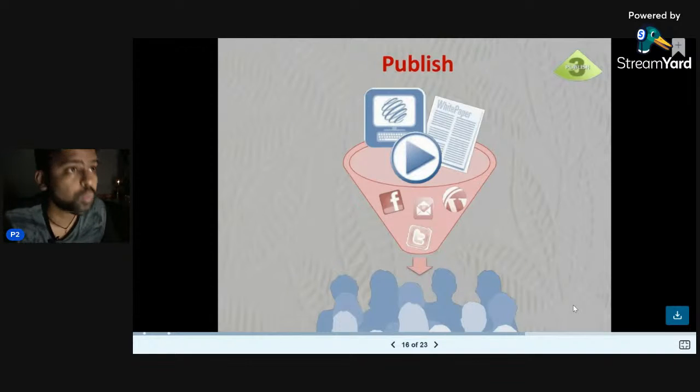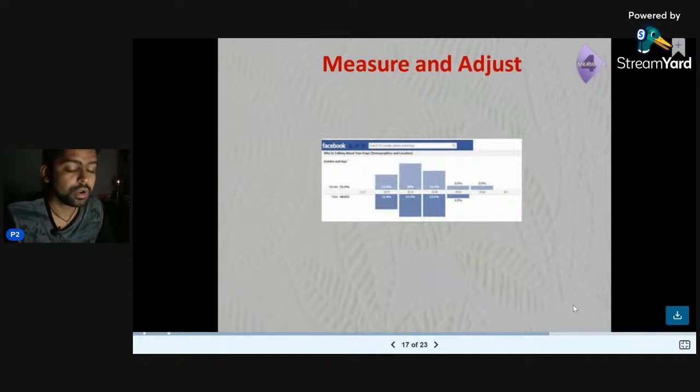And then finally, once you are done with your targeting, your content strategy, and which platforms you need to post on, comes the part where you need to publish. Actually, this is not the final part, because you might remember that we need to measure as well, but that's the point to get right. So you need to publish the content. And as I said, once you publish, your work is not done. This is still half the work.